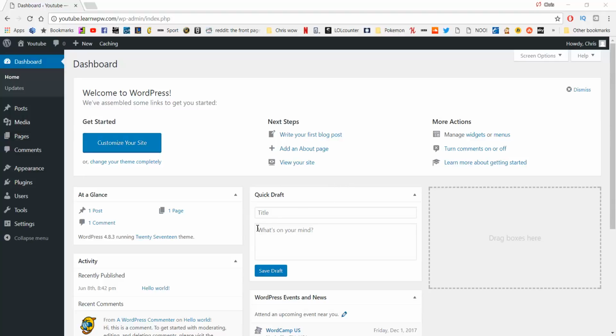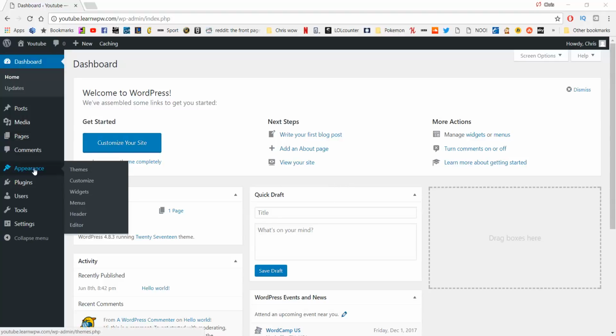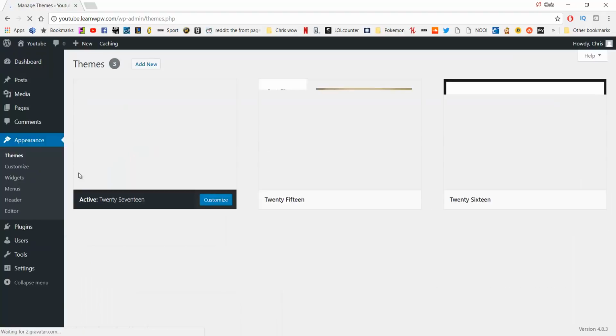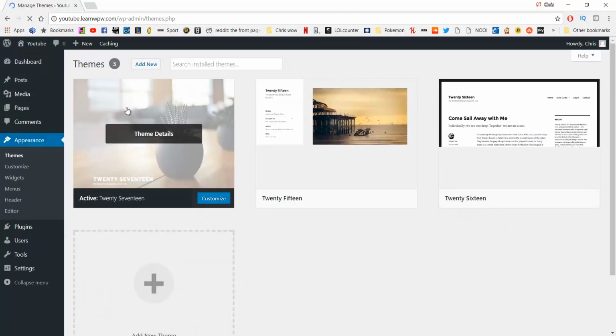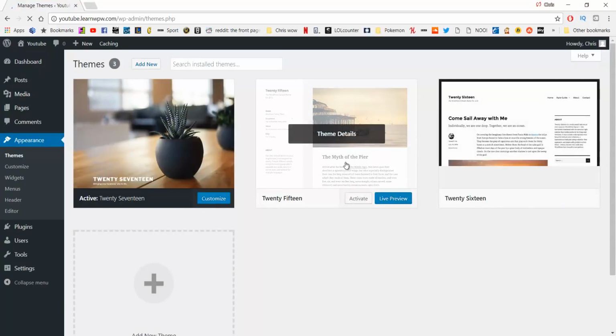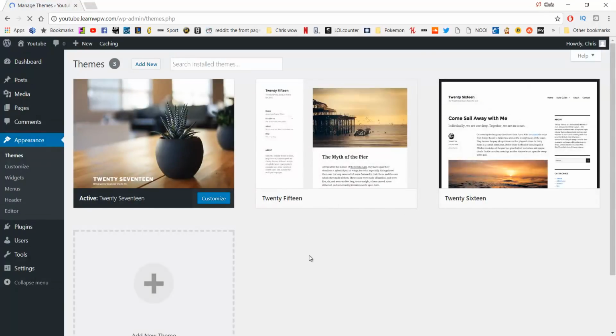So to get started on that, we're going to go over here to where it says Appearance, and then click on Themes. As you can see, we already have one active and 2 others that are already here. These are the themes that are default on WordPress. They are kind of nice, but they really don't add the same feel that you can get with other themes. So to show the theme that we're going to get, if you just want to click on Add New,